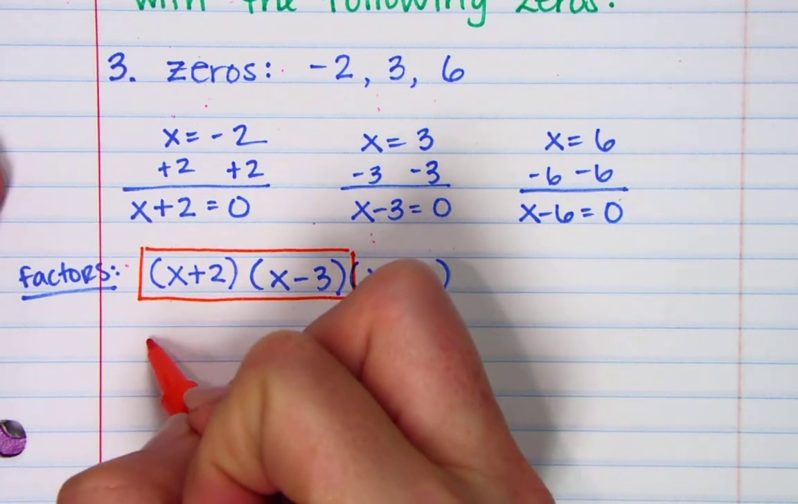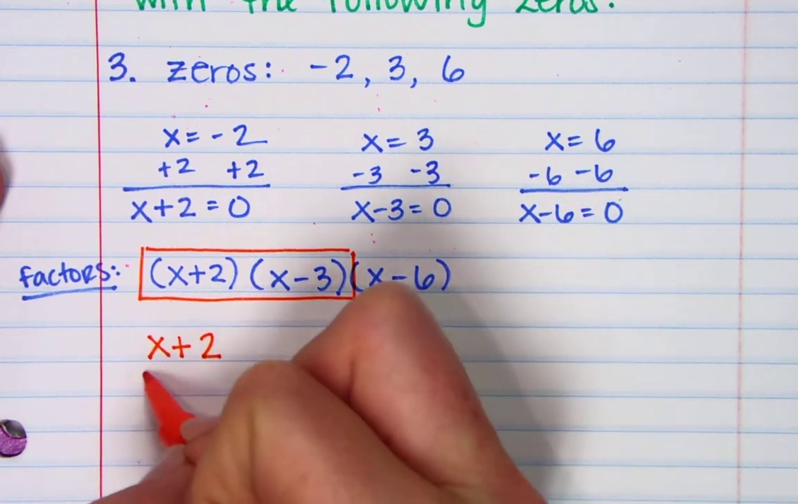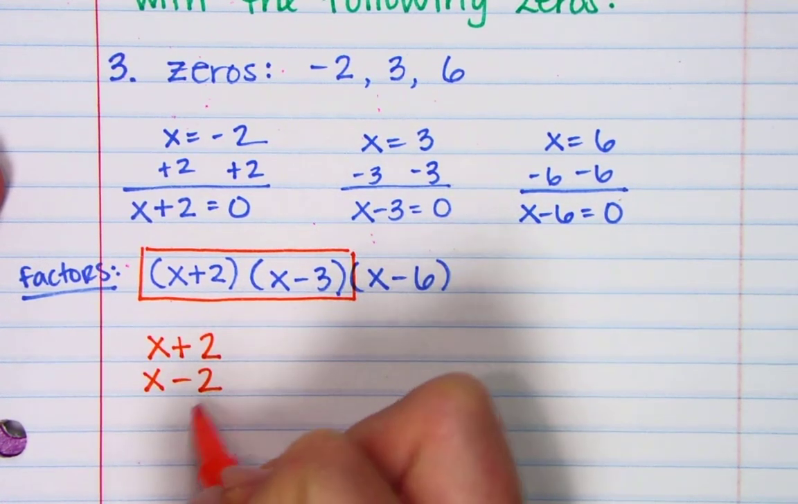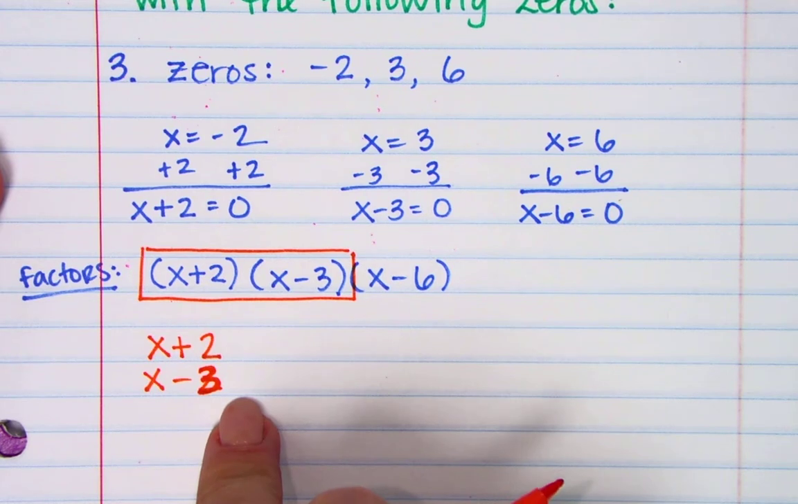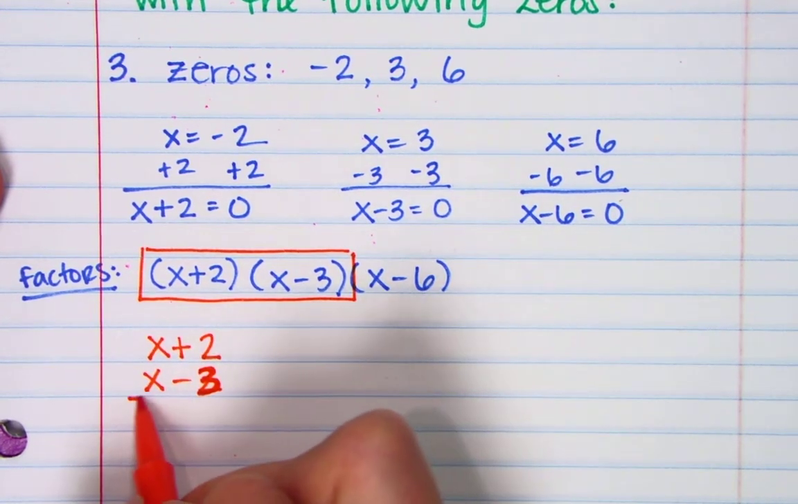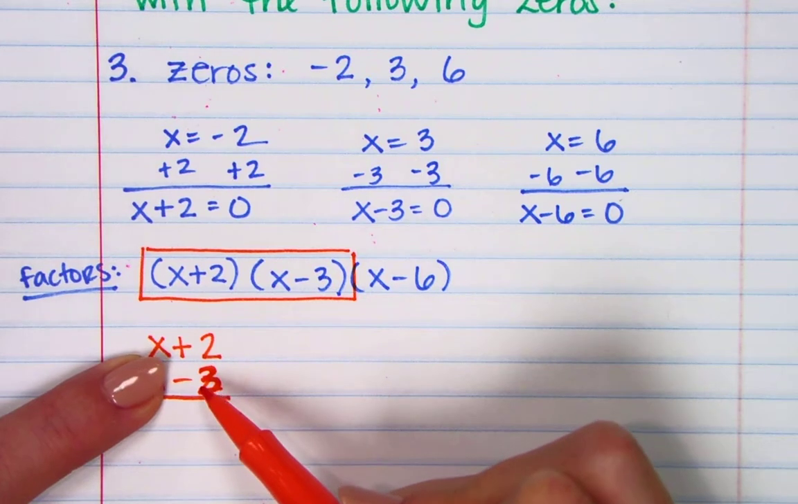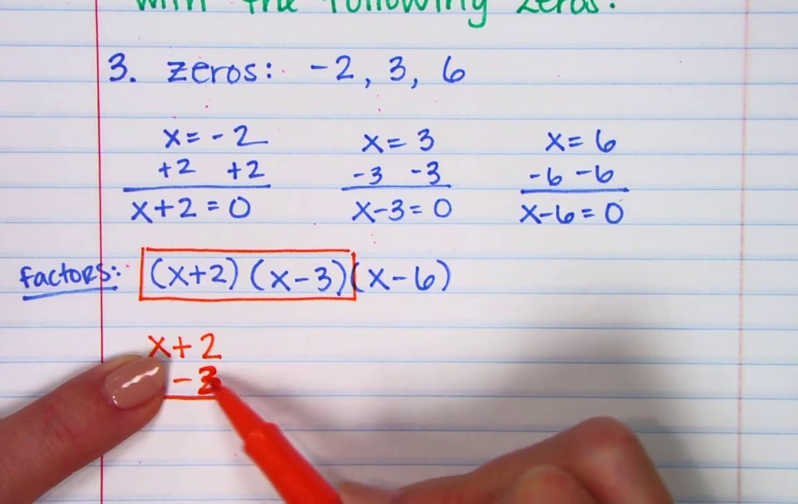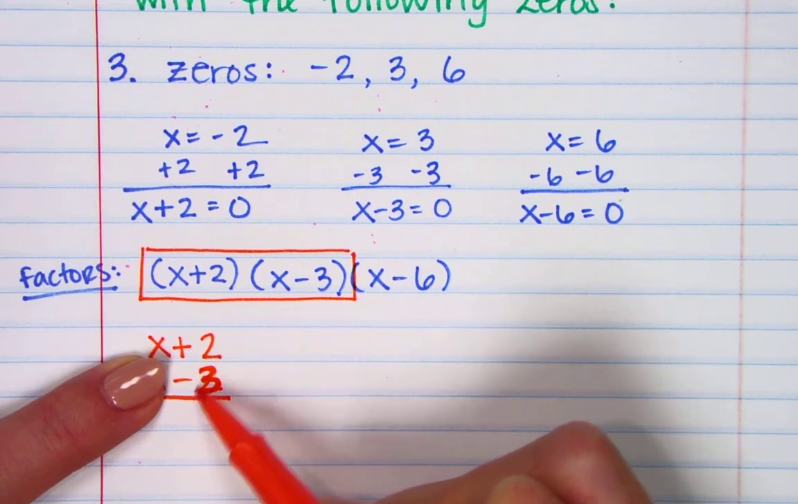Okay. So I'm going to do it vertical, x plus 2, and then x minus 3. Okay, I'm multiplying x plus 2 times x minus 3. And if you remember, we would do the first thing down in this right-hand position times both things on top first. Okay, -3 times 2